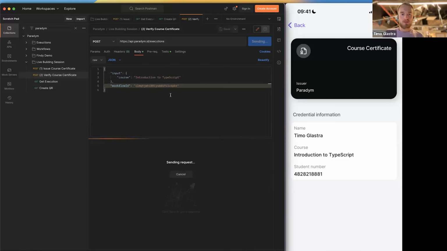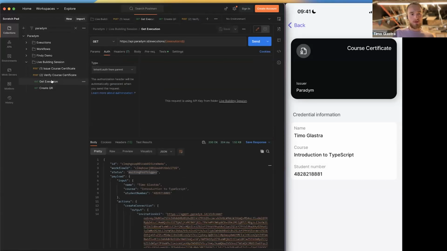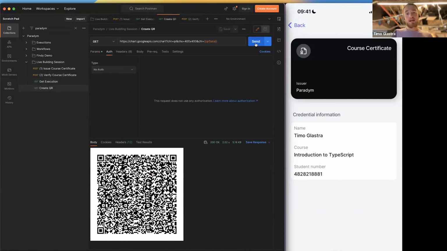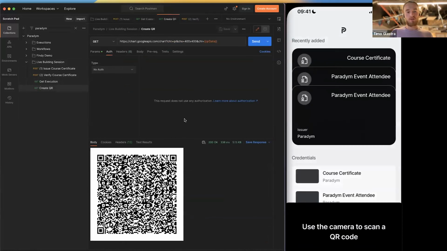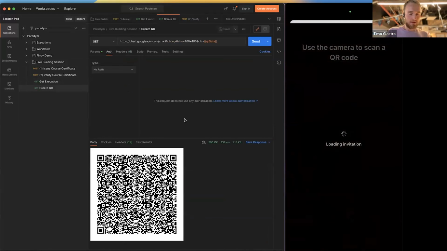Now, when I execute this, it will create a proof request that we can use to verify that I have completed the Introduction to TypeScript. If I get the execution, we have another invitation URL, and based on that, I can again create a QR code. Let's scan this again with my Paradym wallet. It will parse the invitation, and it should receive a proof request for the execution of